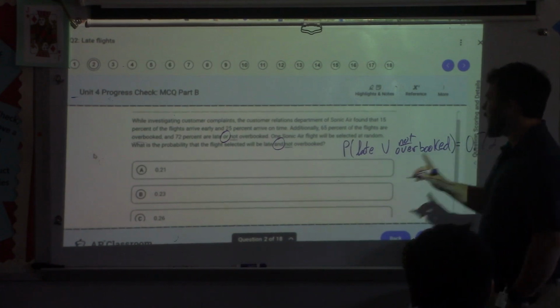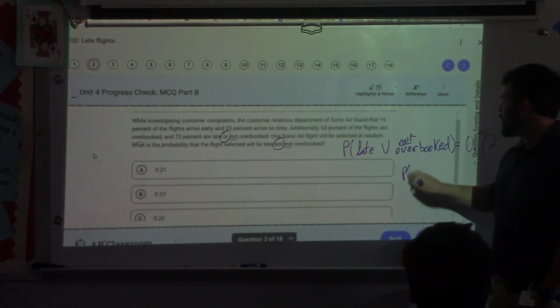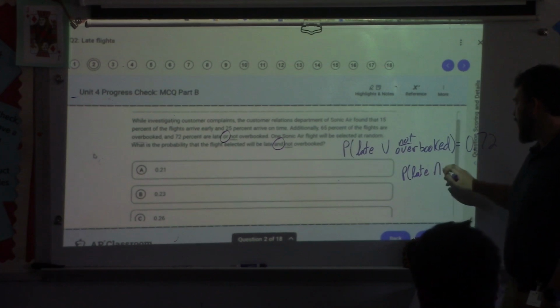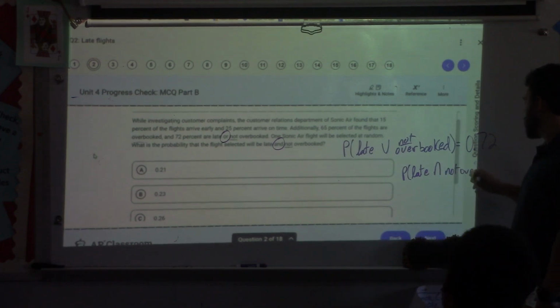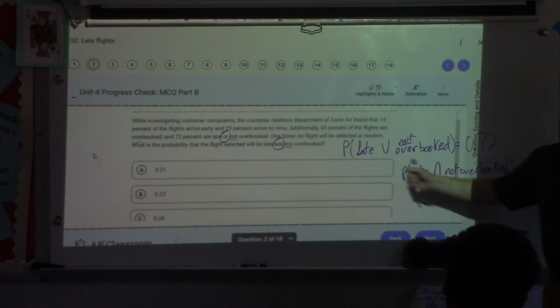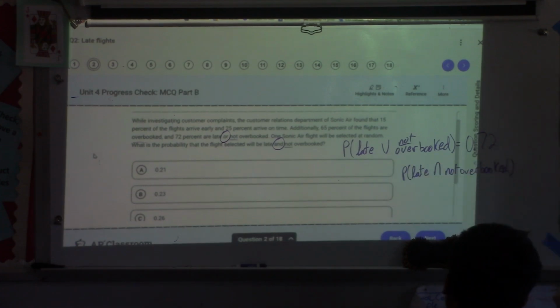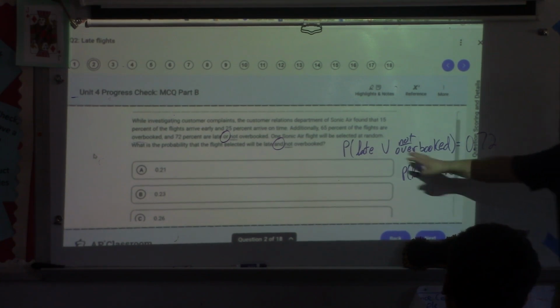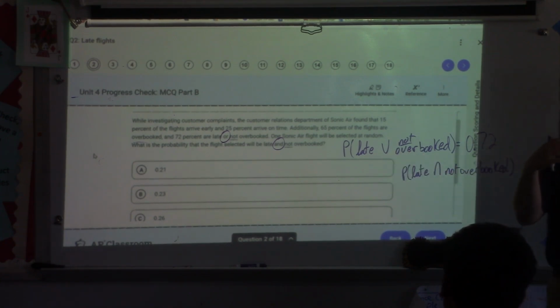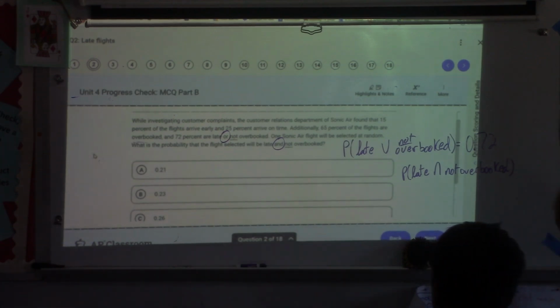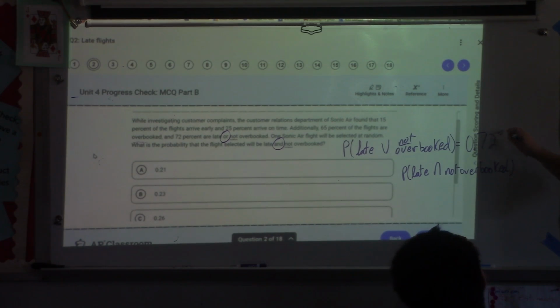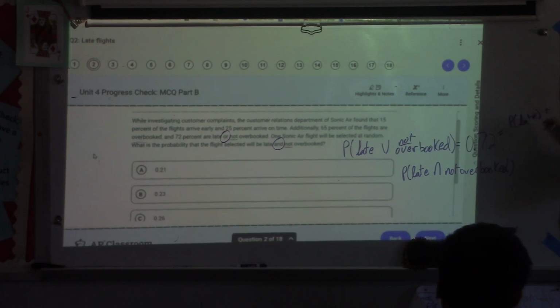0.72. And they want me to find the probability of late and not overbooked. Well, is there a formula that relates a union to an intersection? The general addition rule again. When I look at unions and intersections, we're given that formula, but we need to be able to recognize a union. So this 0.72 is the probability of late plus the probability of not overbooked minus the probability of the